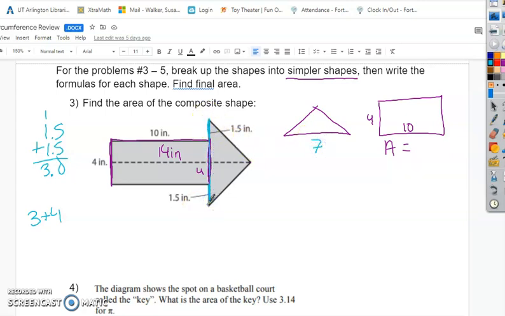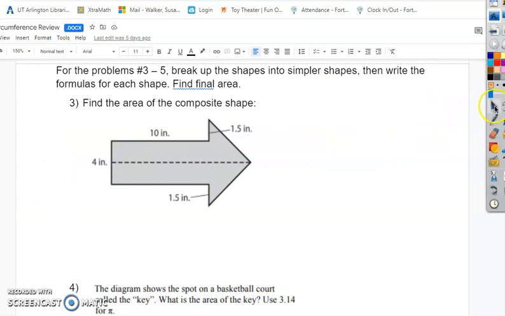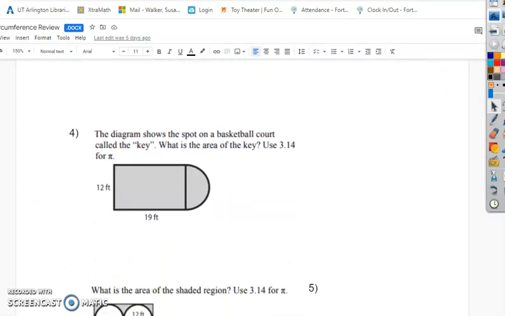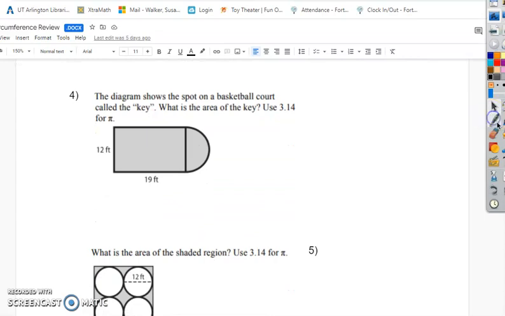Okay. Then the other piece that I need is to find this from here to here. Okay, so remember from here to here is 14. From here to here is 10. So 10 plus what is 14? And hopefully you know that's 4. So put your formula, and I want you to solve those 2 areas. Once you're done, of course, hopefully you know you're going to add them. I don't have a missing piece. I have 2 shapes pushed together. We have done these so many times,